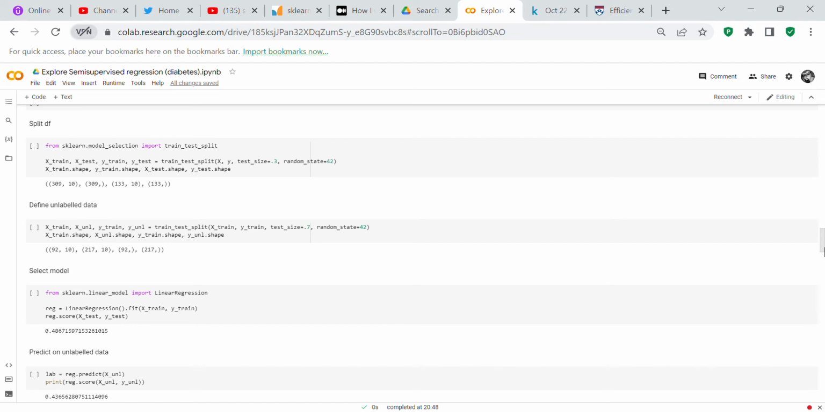X_train.shape, y_train.shape, X_test.shape, y_test.shape. So you can check the shapes of these. The train is 309 rows and the test is 133 rows. Now what we're going to do is